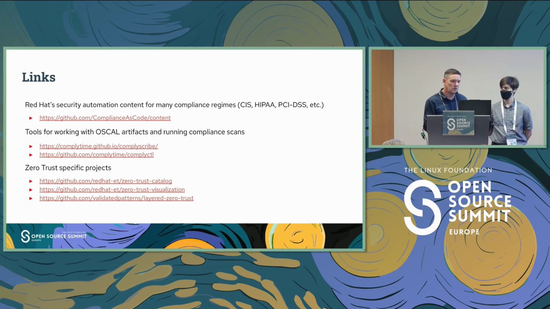So that's super useful. And then Comply Control is a set of command line tools for actually applying policy into clusters and running assessments in clusters. And that's a work in progress. We've got it running fully on RHEL today, but we don't have it running for Kubernetes, and that's a work in progress. And then moving on to the Zero Trust specific projects, Zero Trust Catalog is the NIST SP 800-53 controls